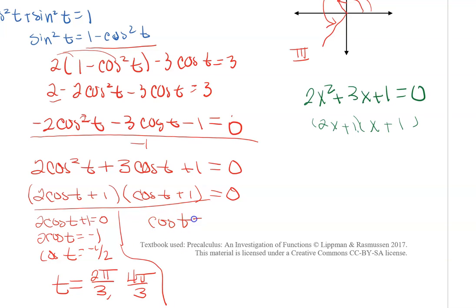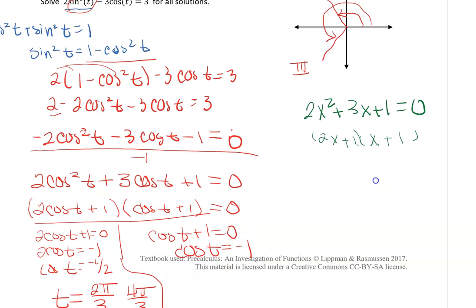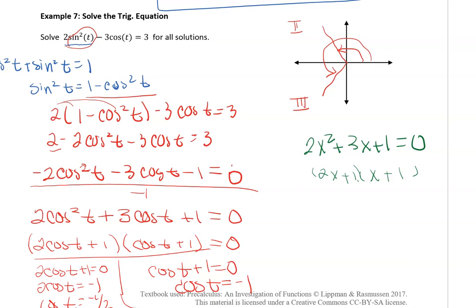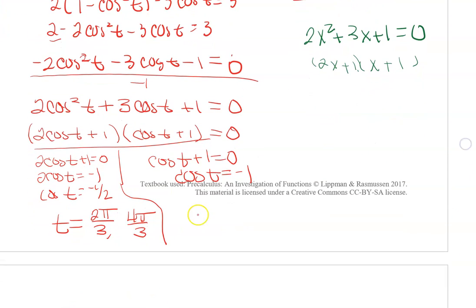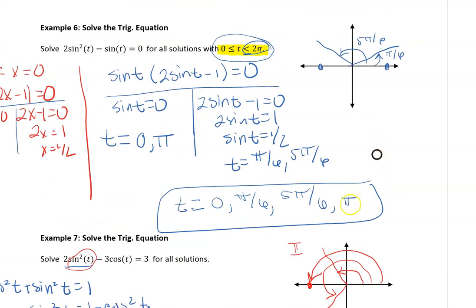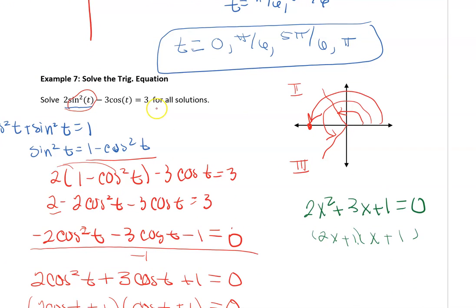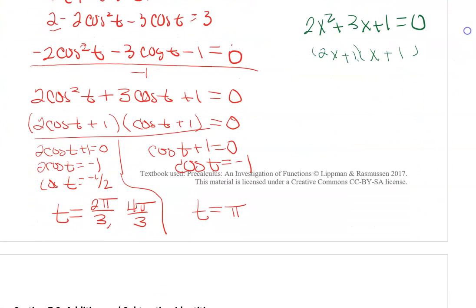Then if I take cosine of t plus 1 equal to 0 and solve that out, cosine of t is equal to negative 1. Where is it at negative 1? Well, it would be at negative 1 here, which is all the way over, and that would be at pi. So I would say that is at t equal to pi. Now this says, the previous one was 0 to 2 pi, this one says all solutions. So this is where that k is going to come in that got y'all in that last chapter. So for all solutions, it would occur at 2 pi over 3 plus, if I rotate it around again, 2 pi, rotate it around again,